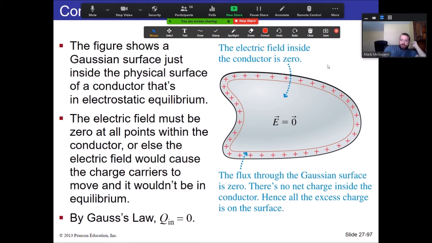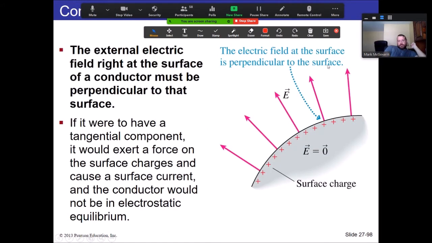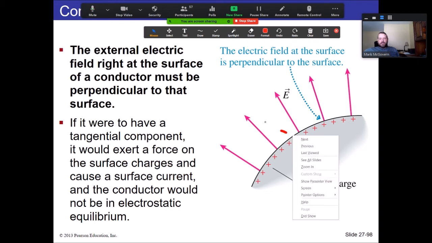All right. Now, what's going on with the surface? Well, again, we use some Gauss's law arguments here. The electric field at the surface has to be perpendicular to the surface. Has to. Because if it was not perpendicular to the surface, if there was a small component, say for example, we had an electric field vector that went up like this. You know,